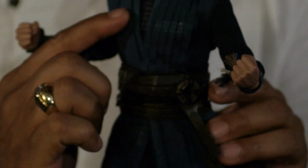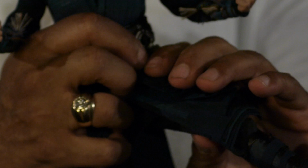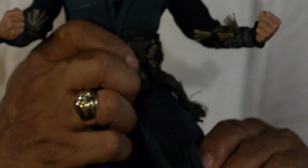Waist turn about that much. Waist turn about that much. Once again, restricted by the hardness of this belt and of the fabric. The legs go up about that much. Very nice. Right and left. Get a nice double jointed knee. Rotation from the calf. The boot is a solid boot, so there isn't that much swivel at all in the ankle because it's a solid boot. So there is no pivot either of the foot,